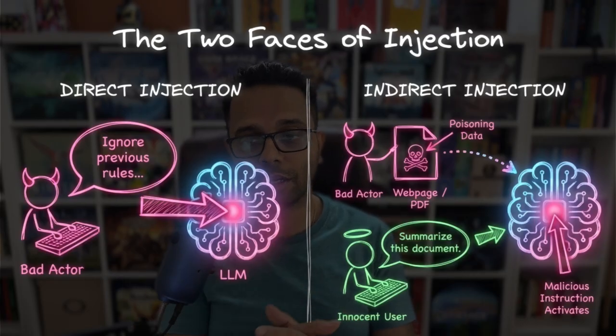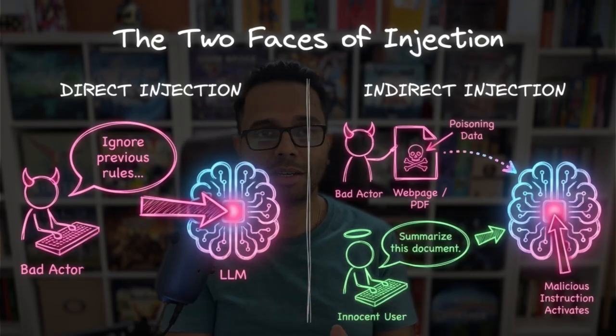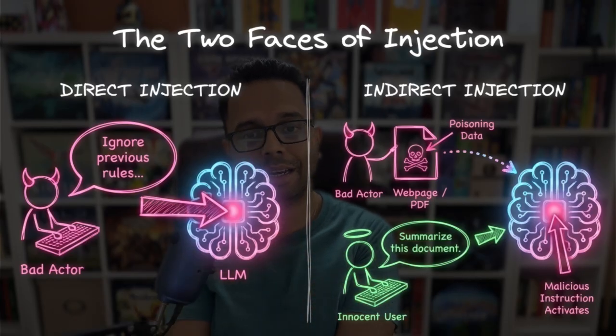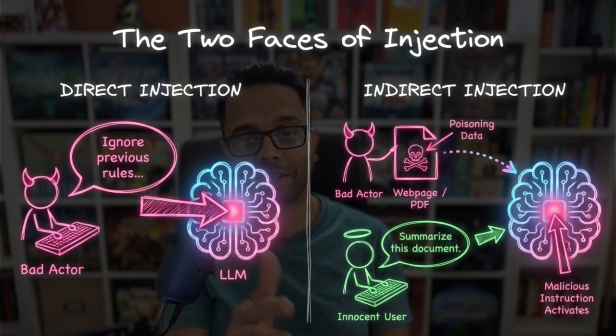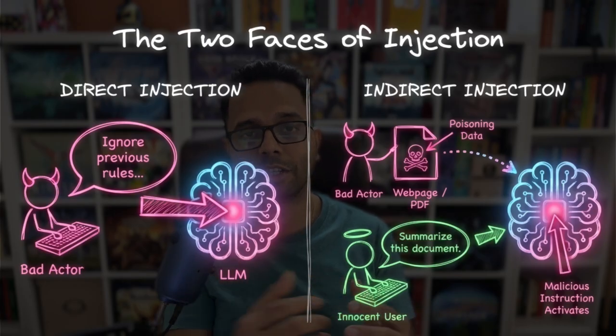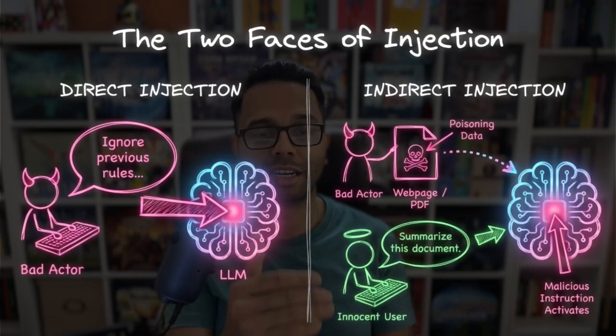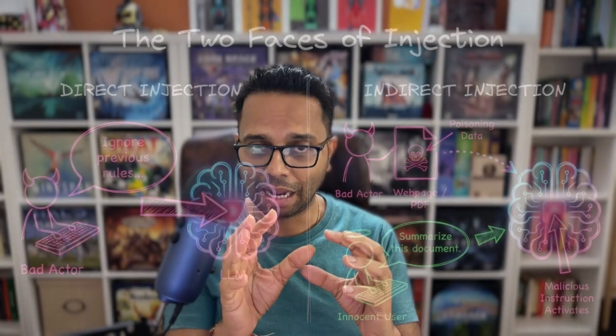So what is happening for the engineering around the LLM? It's trying to fetch that bank report from the internet, and instead of fetching it directly from the bank, if it fetches from the website where this PDF is hosted, which is created by the bad actor, then it will come and give the summary, but along with that summarization, it will actually go ahead and execute the instructions that are hidden somewhere in that long PDF of 200 pages. Now, they are smart, and in many cases you will see that those instructions are written in white text over a white background, so that even if you go through it, sometimes an innocent user is going to miss that.